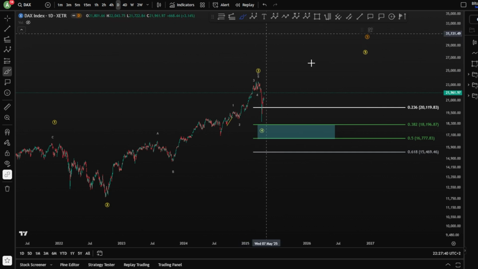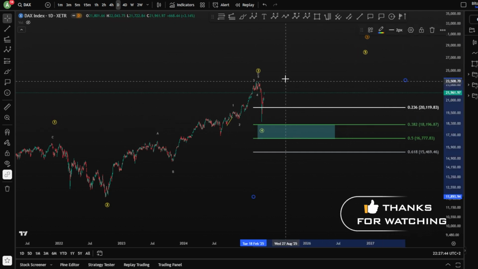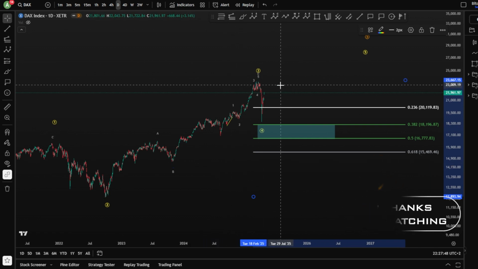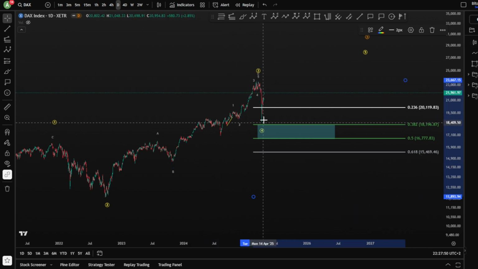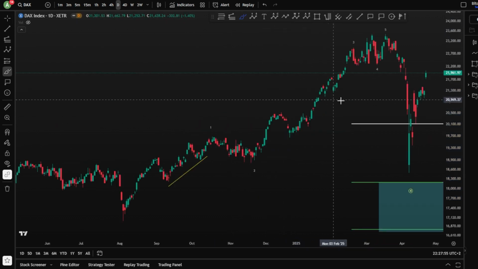Even if it did not touch 100% the 0.38, that is more than enough for a wave 4. Now, basically, in this case scenario, I'm looking towards the upside continuation, unless we still have something